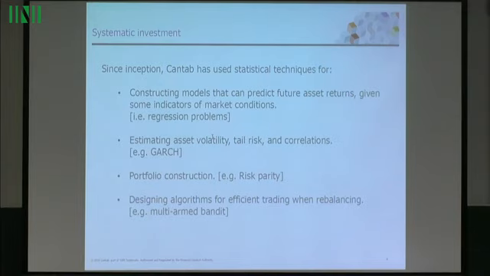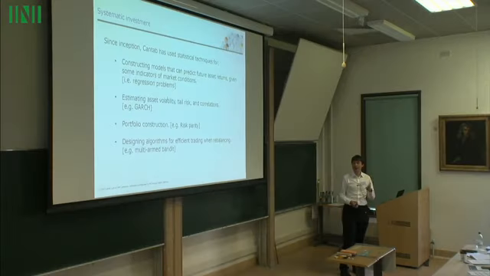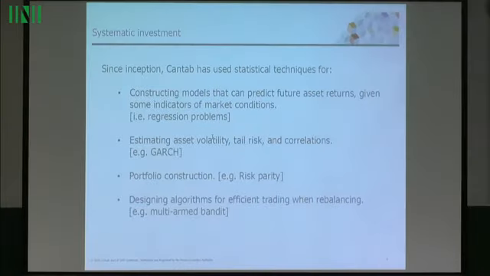So the other thing is risk, and there are a lot of components to this. When we think about risk, we might think about a process, some kind of Markov process, that can be described, say, by volatility. You might have different methods for estimating that. GARCH is one technique. But obviously, we live in a world where we don't just have Gaussian noise. We have bigger moves than that. So we'll want to estimate tail risk, so the probability of some much larger move than you'd expect from a